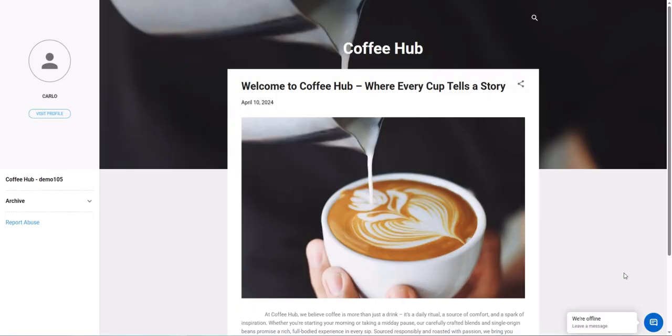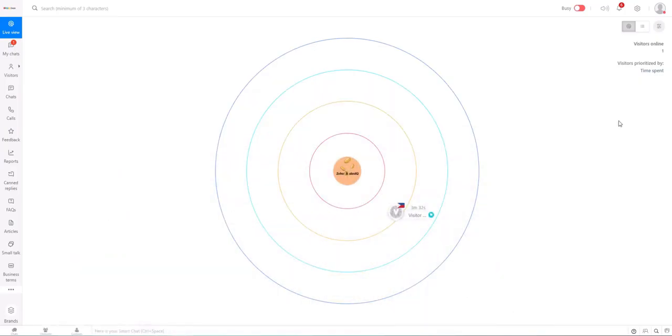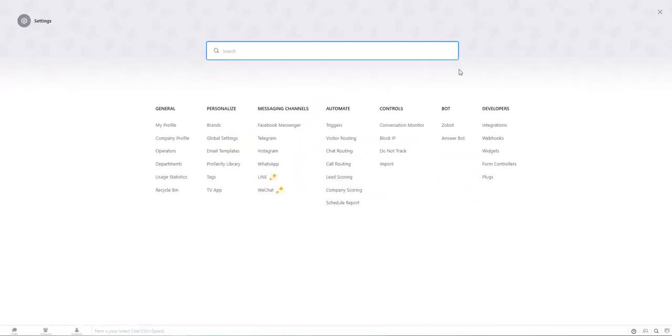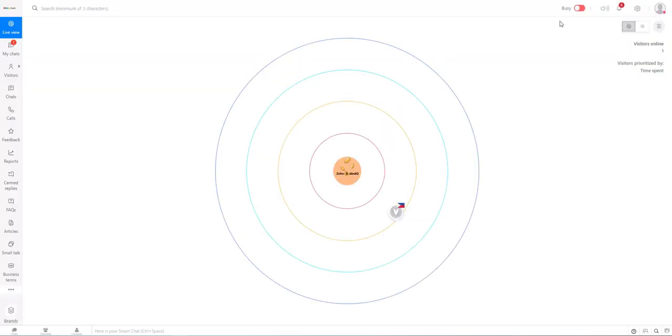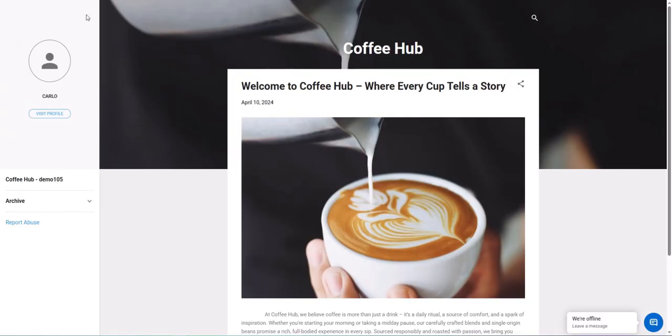So in order for us to do that, go back to your SalesIQ, go to settings, then Zobot. So in your Zobot, you just basically disable it. Okay, so from there you can basically already toggle your operator status so to become busy or available. So if we toggle back again and go back to our website and refresh again, now it becomes online. Okay,